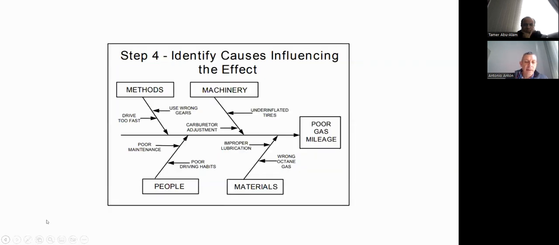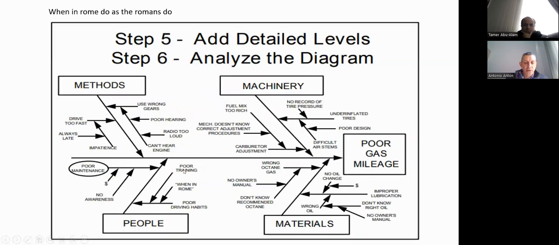People, poor maintenance is the cause, the poor driving habits. Look at the arrows. The arrows show how they radiate. For instance, here, poor maintenance has other subcauses, such as no awareness, or perhaps the price, the money, the lack of resources. If you have a lack of resources, you wouldn't do good maintenance. And in terms of poor habits as well, poor training,